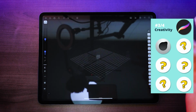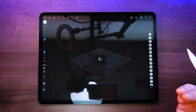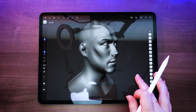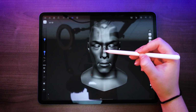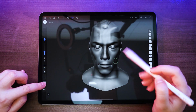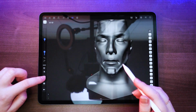Another cool creative app that I am trying to learn to use is Forger. Forger is basically a sculpting software that is so fun to play around with, but I honestly do not know how to sculpt. So this is more of a challenge than anything else at this point. Next up,